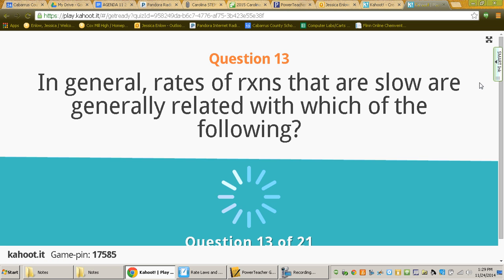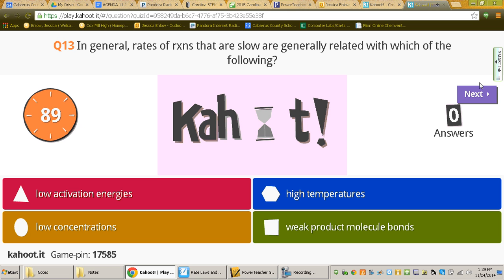In general, rates of reactions that are slow are generally related with which of the following? I'm not going to answer until everybody else is